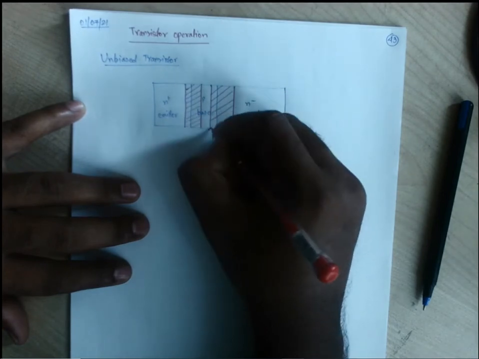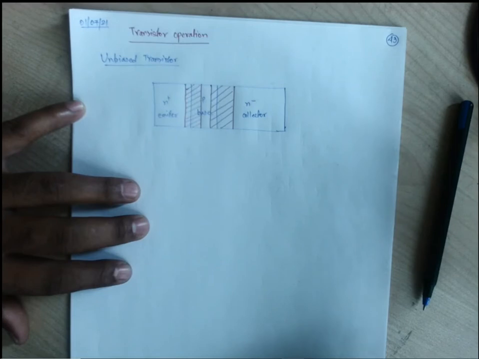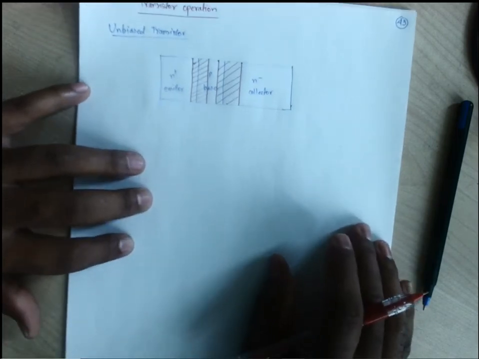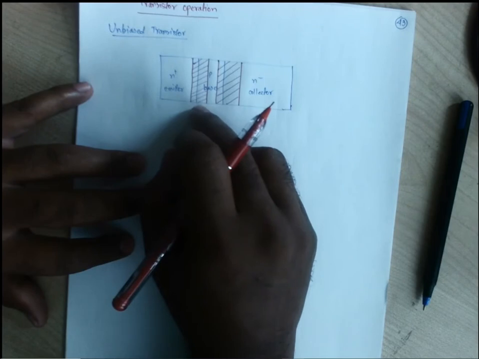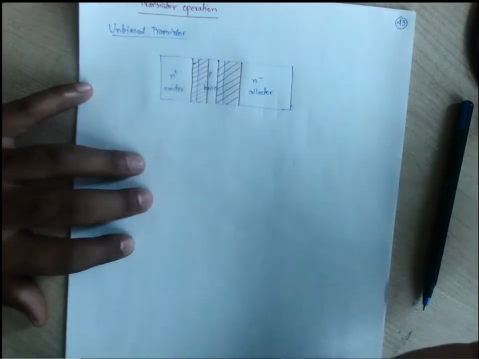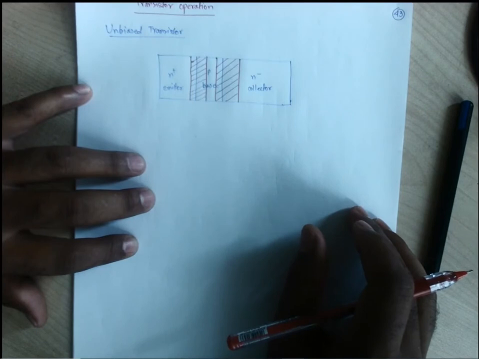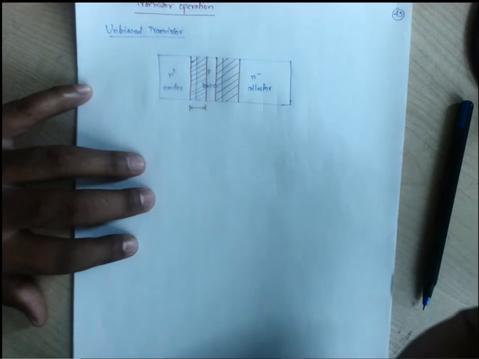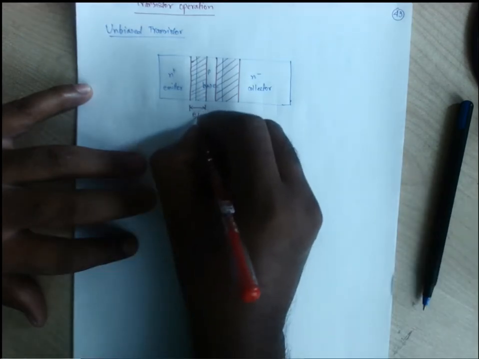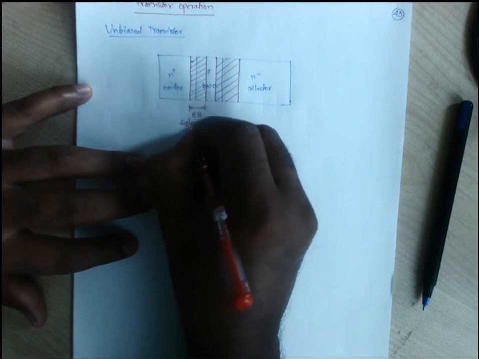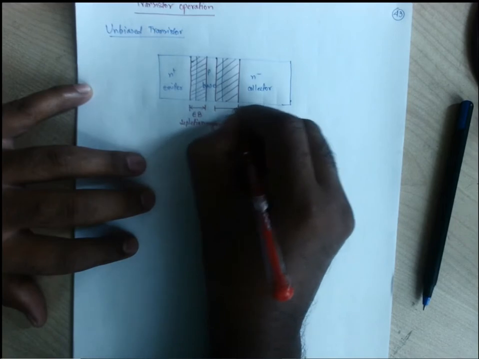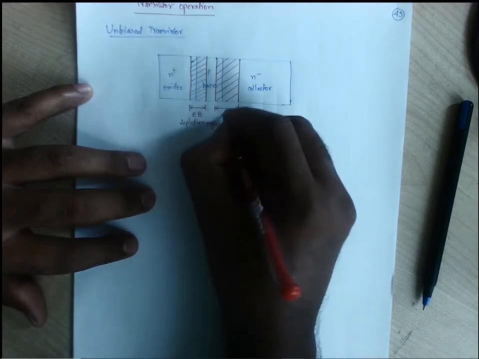Penetration will be more in the collector region since it has less concentration gradient, because the initial formation of this depletion region is due to the diffusion only. So the diffusion will take place when we have the joining between the two separate semiconductors. So this part is the emitter base depletion region, and this part is the collector base depletion region.